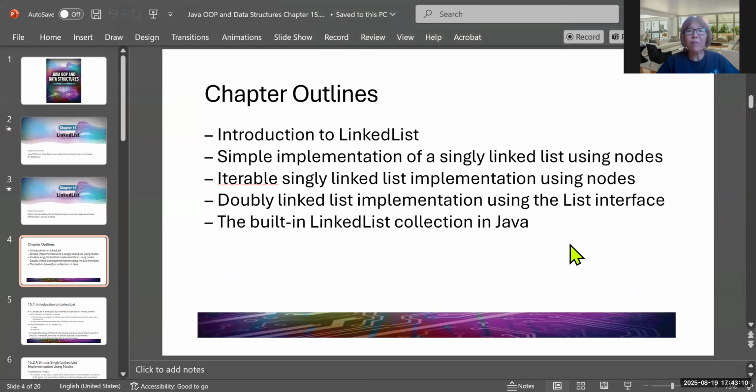For chapter 15, it's regarding linked list. So the topics we are going to discuss are an introduction to linked lists, and we first are going to discuss the simple implementation of a singly linked list using nodes. And moving from that, we are going to discuss how to do an iterable singly linked list implementation using nodes in